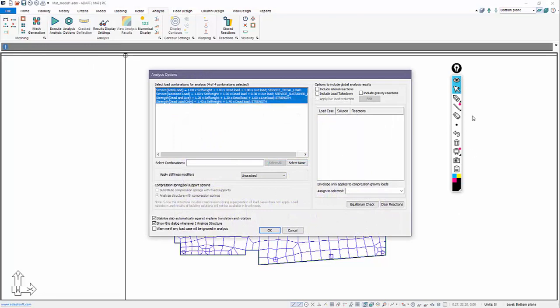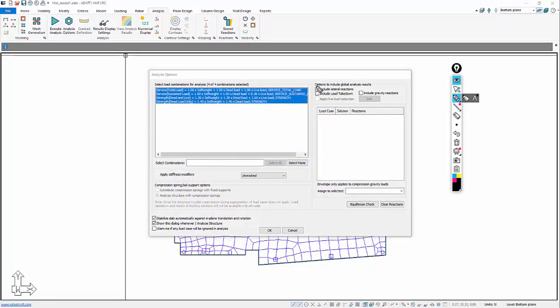And everything that you see on this side really does not apply to this instance or this type of mat modeling. This actually could apply to a mat design if we had a multi-story structure and, for example, we needed to import or include reactions on top of that mat in the same instance of using the program. So this is covered in a different video where we have both edge and mat in play rather than just a separate mat model in the software. So for this model, we're not going to be using any of this.